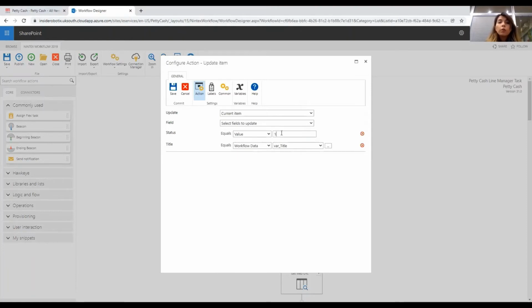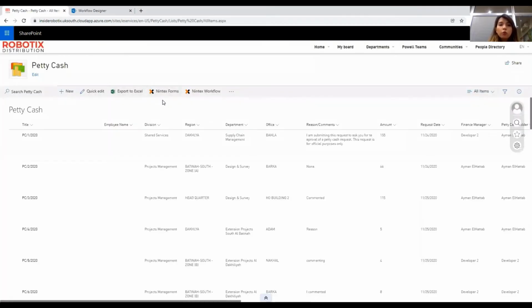So automatically, once the initiator opens the initial form to check the status of his request, the JavaScript function embedded inside the form will work on form load, and it will change the status from initiator to line manager. Initiator will be in green, and line manager will be in